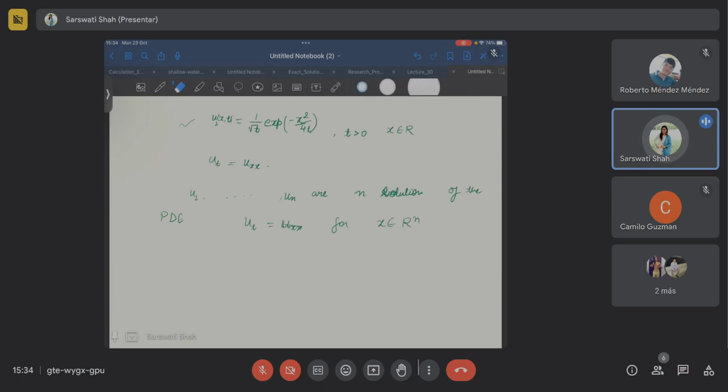I would not say u_xx here; this is the Laplacian of u now, because this will be u_x1x1 plus u_x2x2 plus dot dot dot plus u_xnxn, where x equals x1, x2, dot dot dot, xn. So in that case this will be u1, u2, and in the same way un can be written, and if you club them together, then